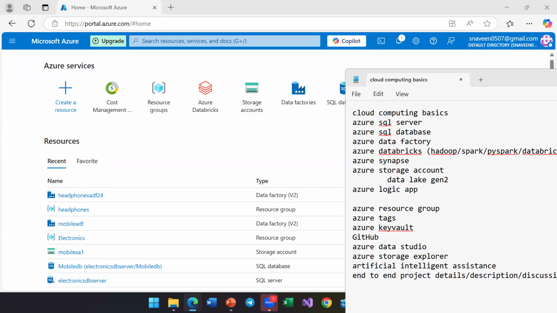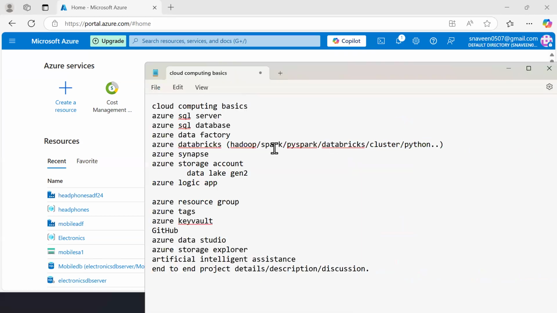Coming to the subject part, another question: how much Python knowledge is required for Azure Data Engineering? That's a good question. We'll be covering Python with respect to the data engineering subject. Python is very vast, that's why you would have raised that question. You need not carry any Python knowledge into this session because I'll help you understand Python from scratch. But I'm not going very deep into Python. We'll be covering only what is needed for our subject.